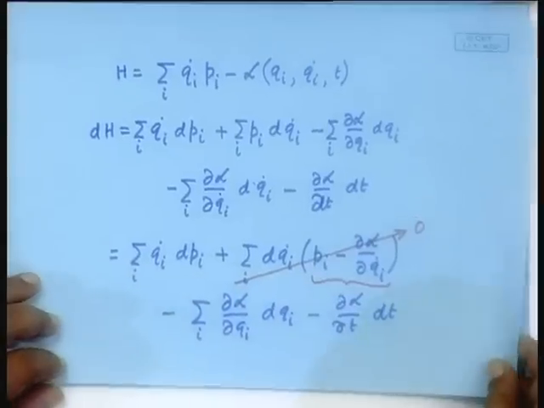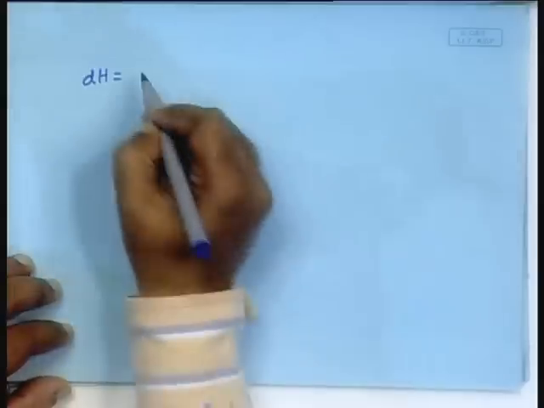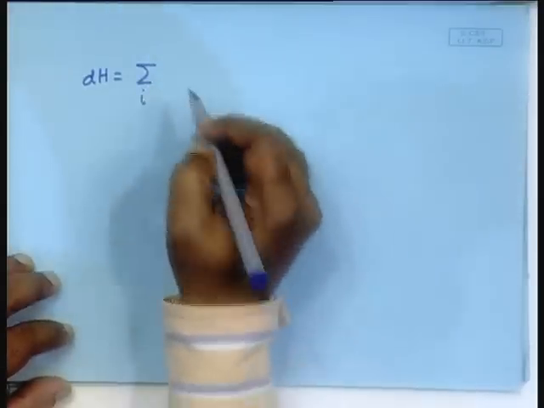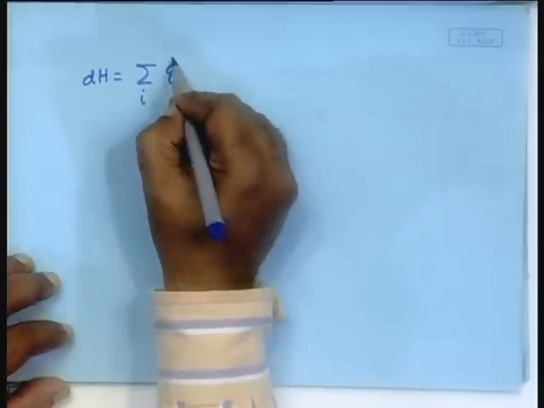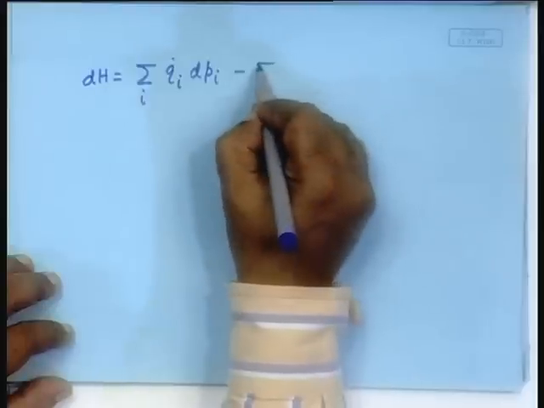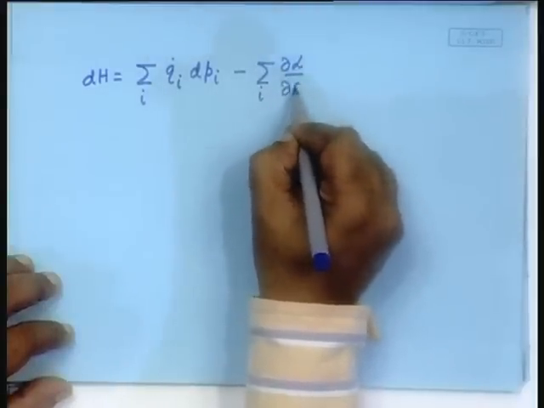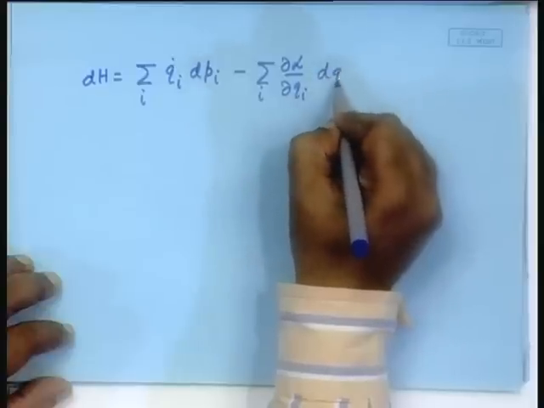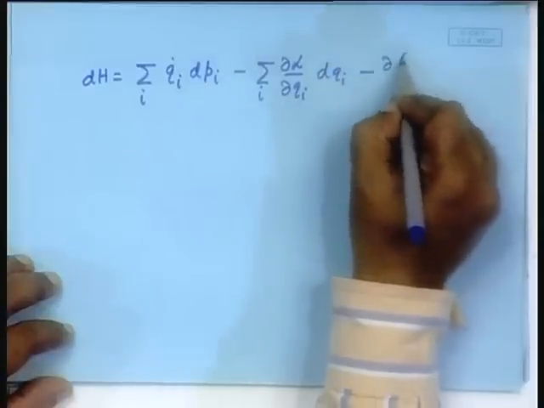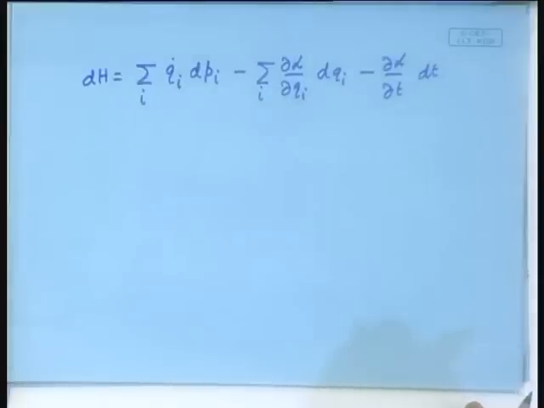So, write it down. d h now yields q I dot d p I minus